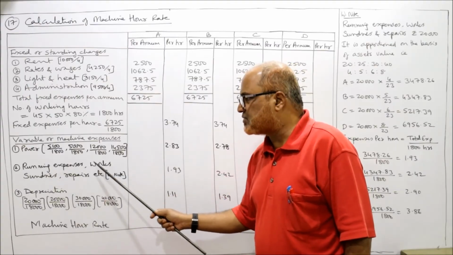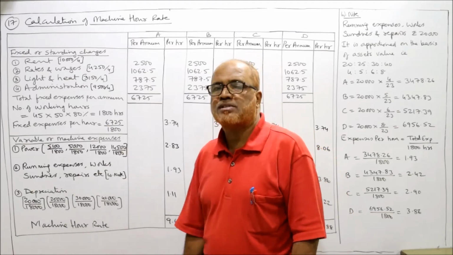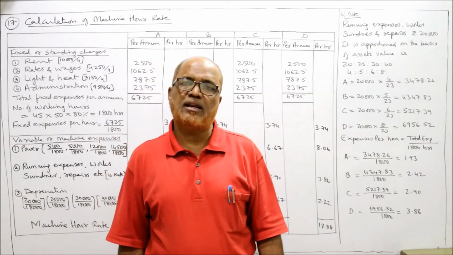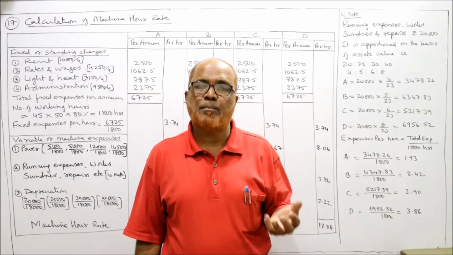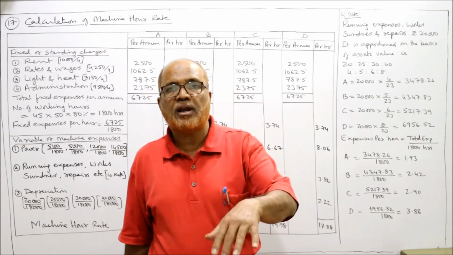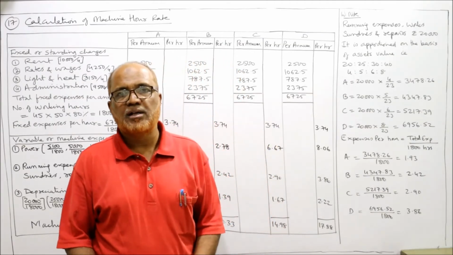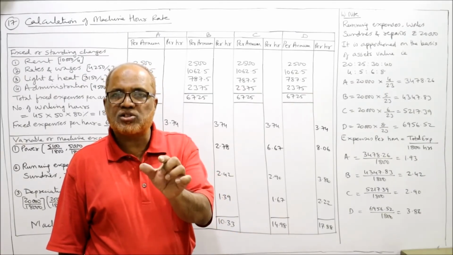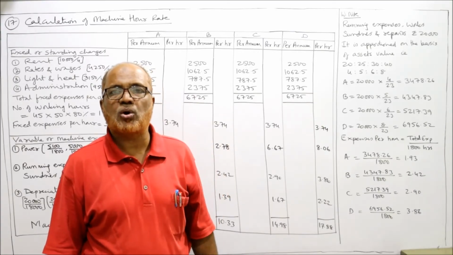Then running expenses, work sundries, repairs, etc. Total running expenses given in the problem are 20,000. Nothing is given on how to apportion these running expenses. Actually, running expenses depend on the asset size, the machine size. If the machine is large, more running expenses will be required. If the machine is small, fewer running expenses are required. So it depends on the cost of the machine. So the 20,000 rupees will be divided among the 4 machines in the ratio of cost